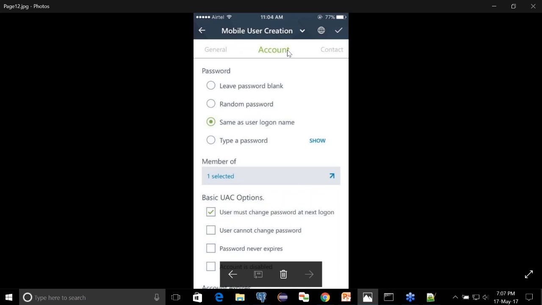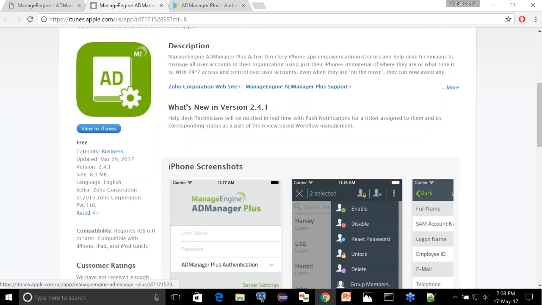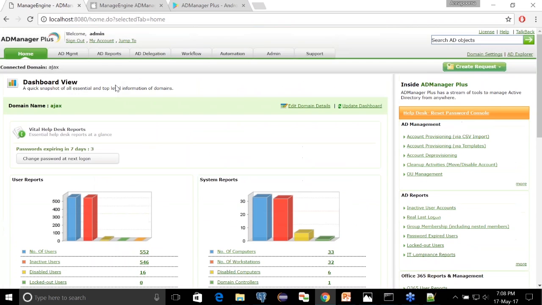So now moving to the last task for today. I'll be showing you how you can make use of the troubleshooting tips that we provide in AD Manager Plus. In the process of using AD Manager Plus, if you encounter any error, so by default, when you install AD Manager Plus and start it for the first time, this will automatically discover the domain in which that particular machine is present. If you happen to see no domains discovered, then what should be the cause?